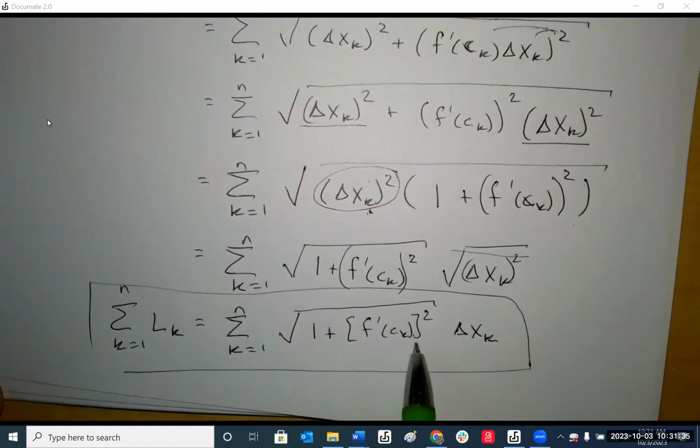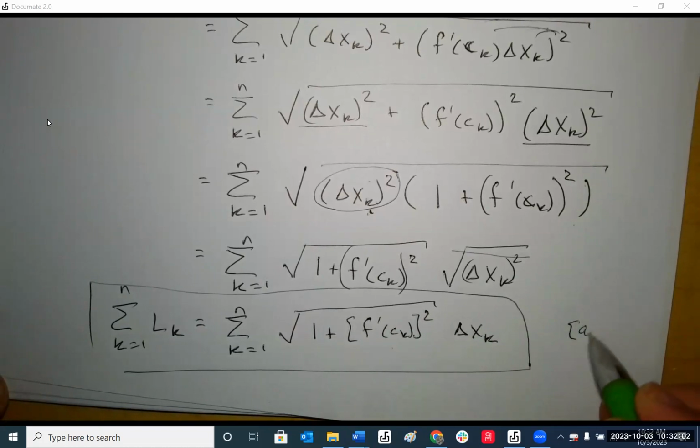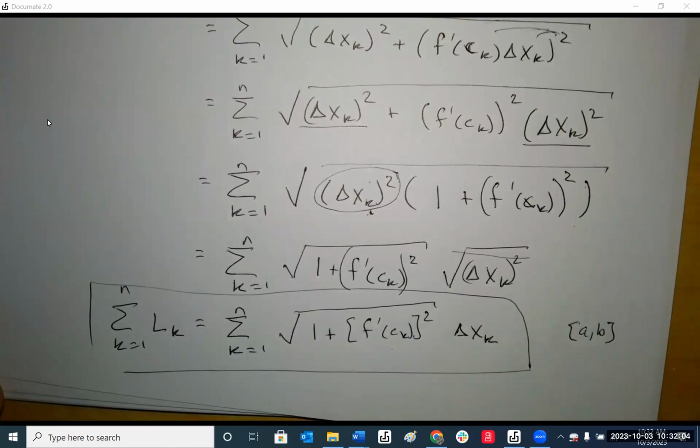Is this function continuous? Are there any anomalies in there? Any asymptotes? Well, first off, the derivative is squared, so that can never be negative. So the inside can never be negative, so it's continuous. It's a smooth curve. So since it's continuous on our closed interval a to b,